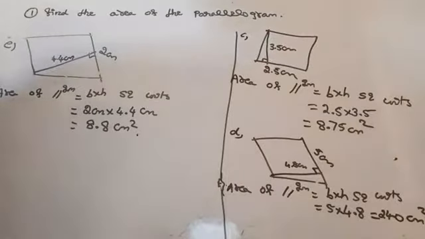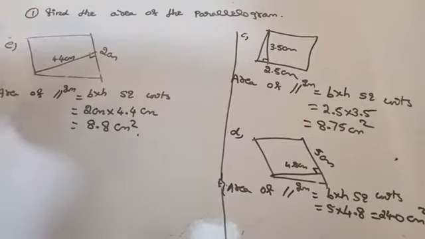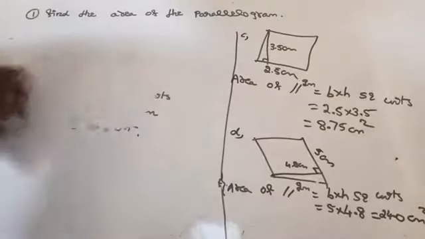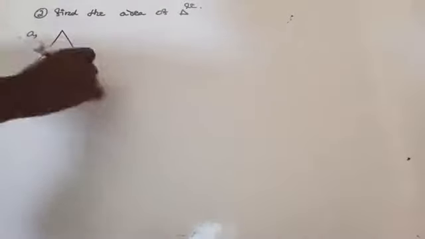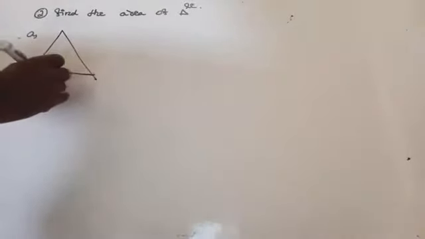Question number 2. Find the area of the given triangle. Now we come to the first part. It is given that one triangle is given, base is 4 centimeter and height is 3